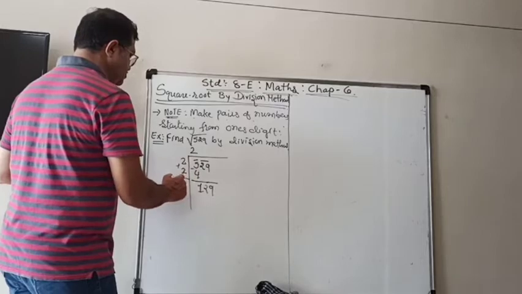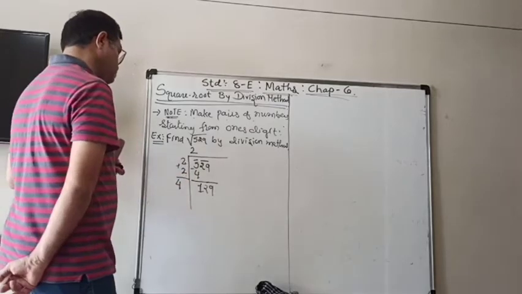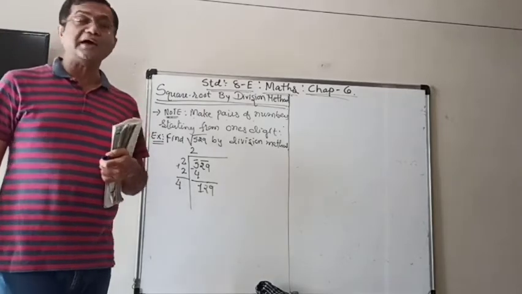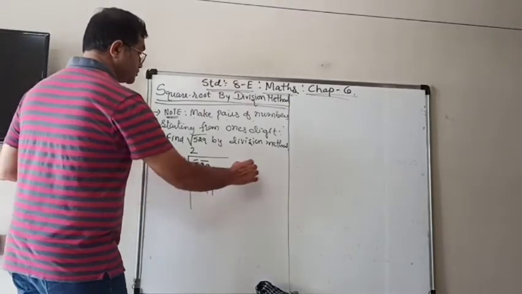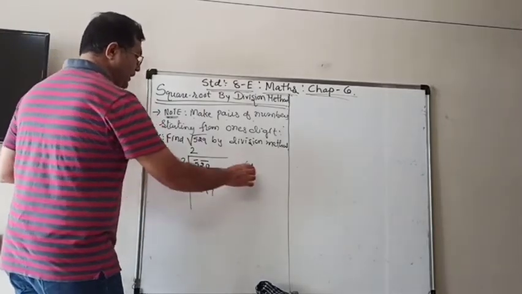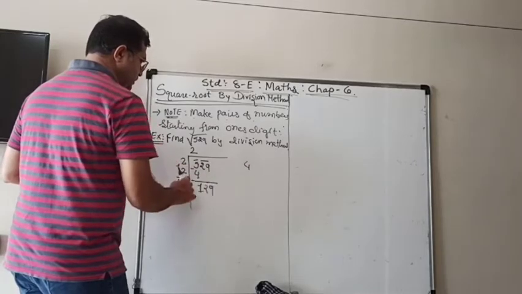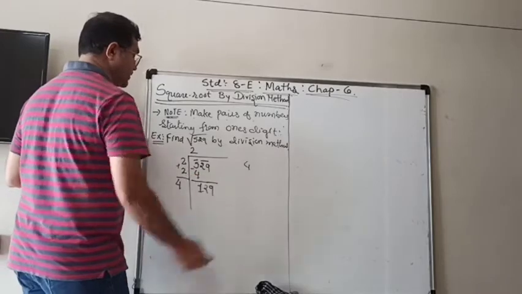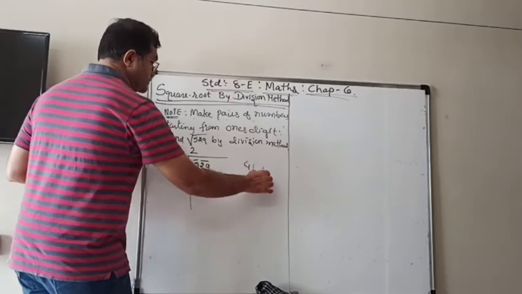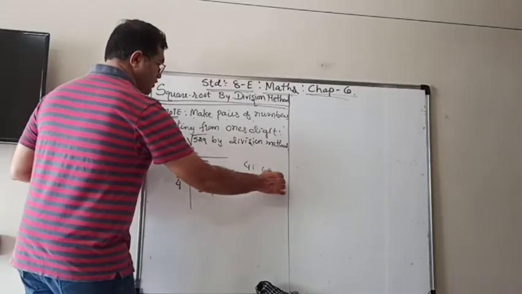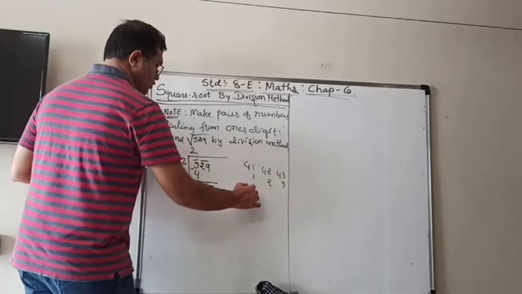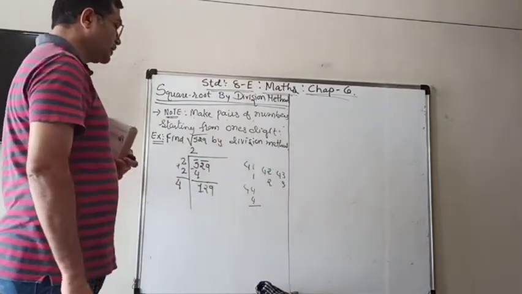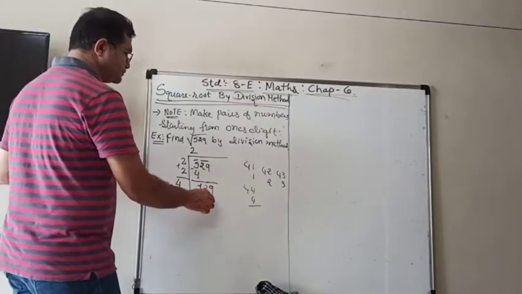Meaning 2 plus 2 is 4. Now here it is 4. So now we have to multiply 4 and then some other number with the same number. Like we can do 41 ones or 42 twos or 43 threes or 44 fours as it is. Then you have to bring 9.